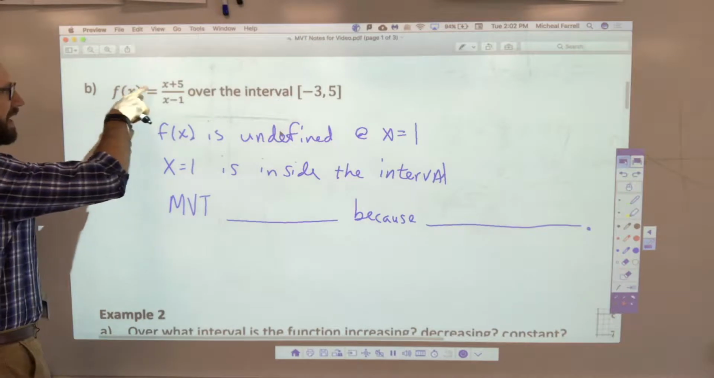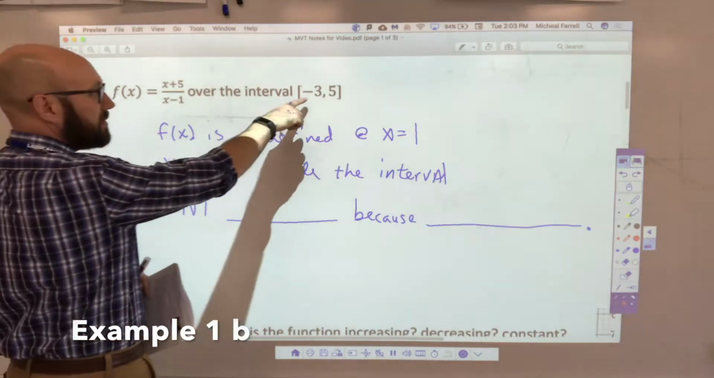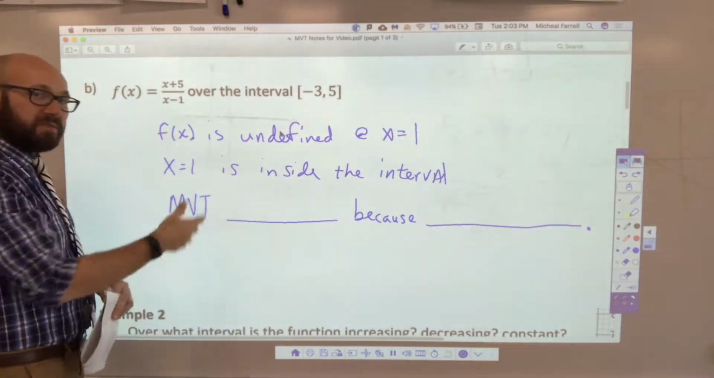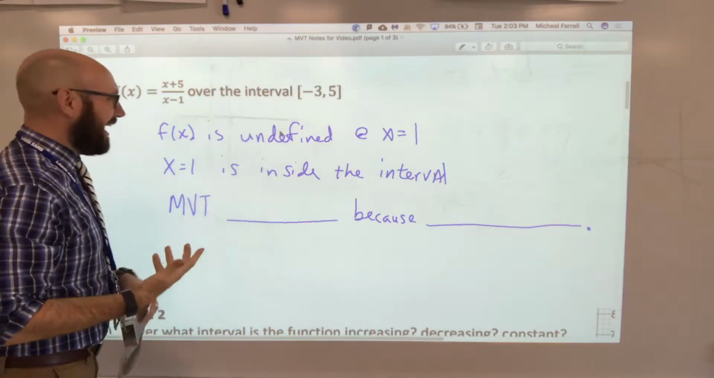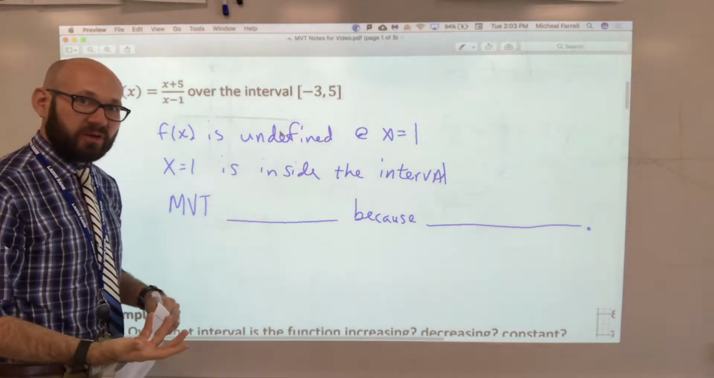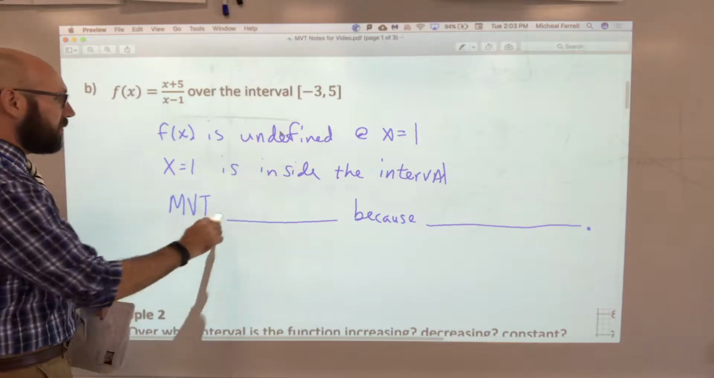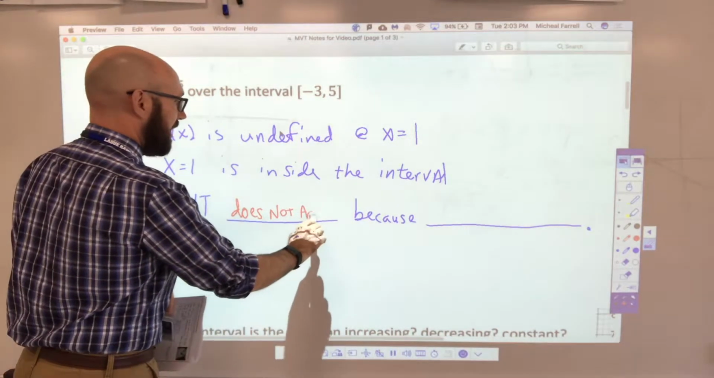Looks like we've got a rational function, x plus 5 over x minus 1, on specifically the interval negative 3 to 5. What I notice about this function is we're undefined when x equals 1, and that's a big problem with the mean value theorem. I need to be continuous on the interval, and x equals 1 is inside the interval. So therefore, MVT does not apply